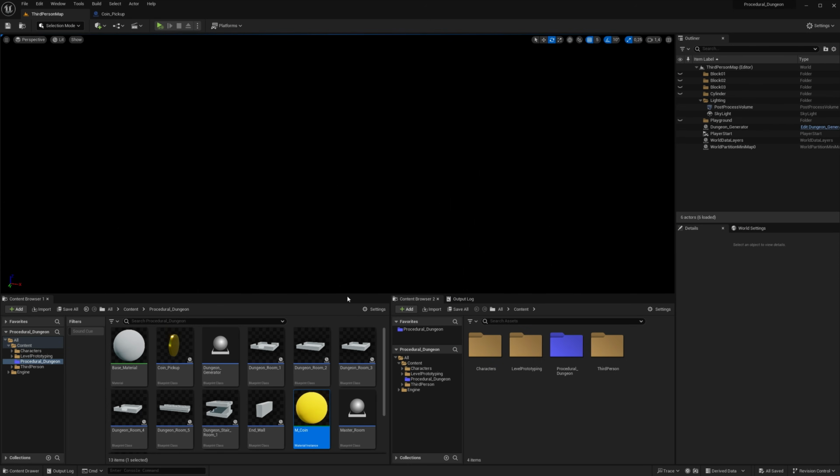Okay, so first of all I want to try and make things a little more pretty to look at when I work. This is a thing I constantly keep doing because it's hard for me to judge anything if everything is completely gray or white, or it doesn't have the proper lighting. So I want to try and make it pretty as I go. So let's start with the coin.